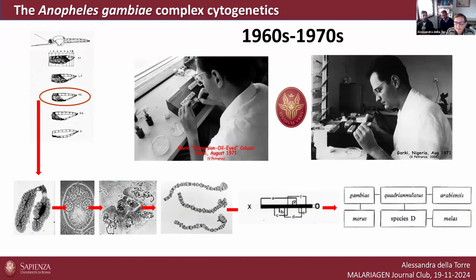For instance, the best known ones are allowing these mosquitoes to live in more arid conditions. So you clearly see a trend in the inversion frequency increasing from humid to dry areas. And he also realized that these inversions were not, I don't think you can really appreciate this picture, but just to show you that different populations in West Africa